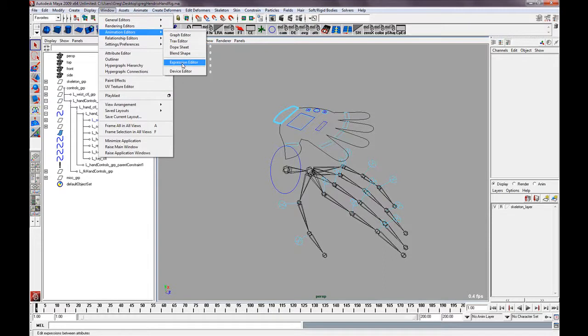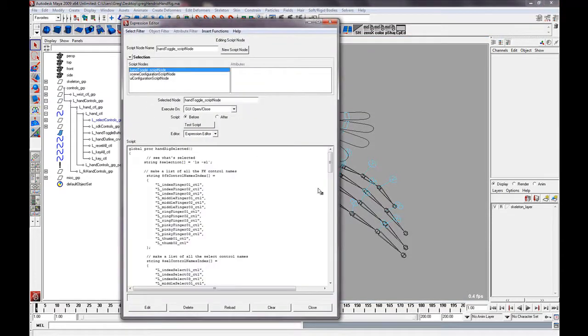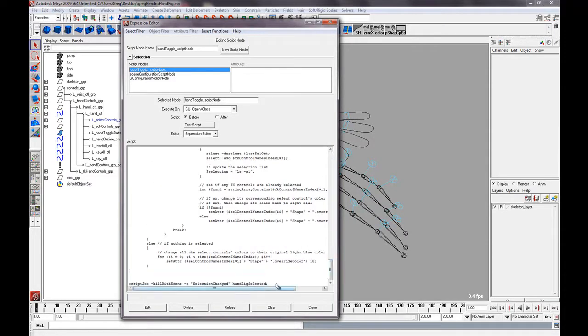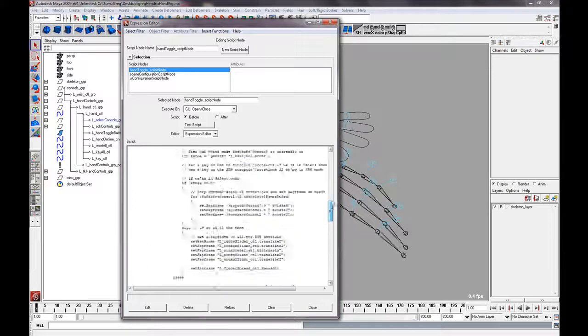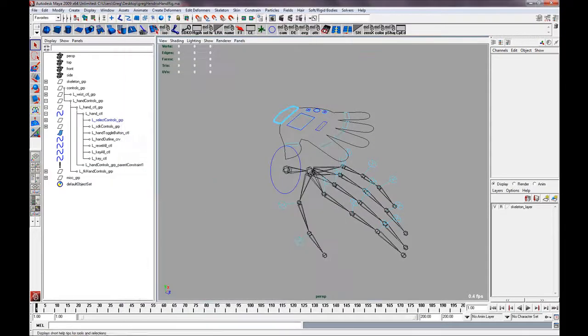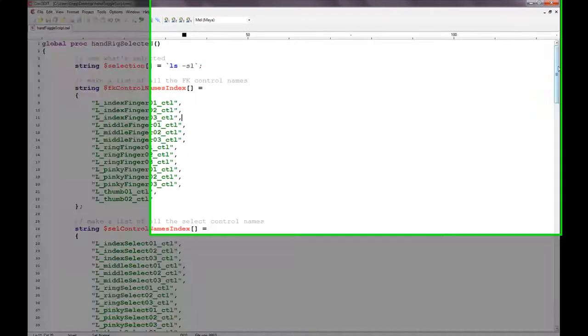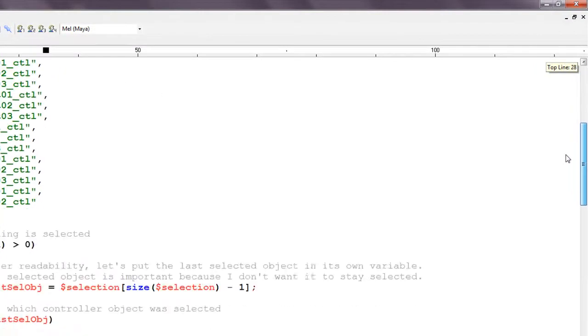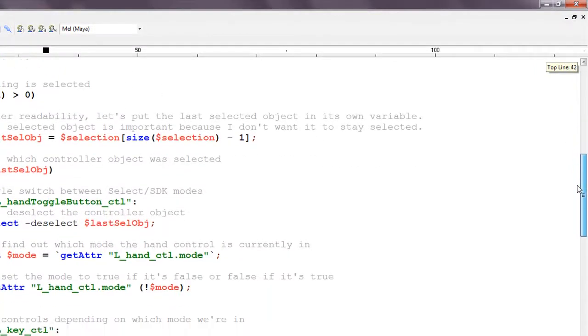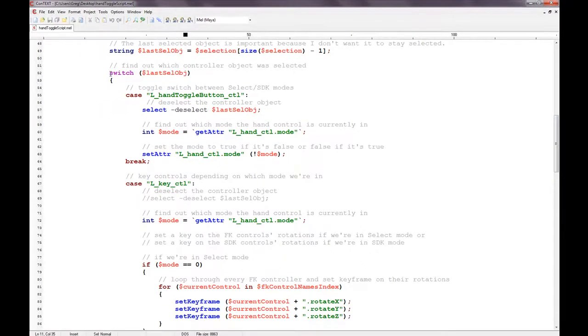The main part of the rig is controlled by a script node, this one procedure and a script job, which is down here. And let me show you the script in a script editor so it's easier to see. I try to comment everything I could so it's easier to follow. But the main thing you need to know is that the functionality of each control is controlled in this switch